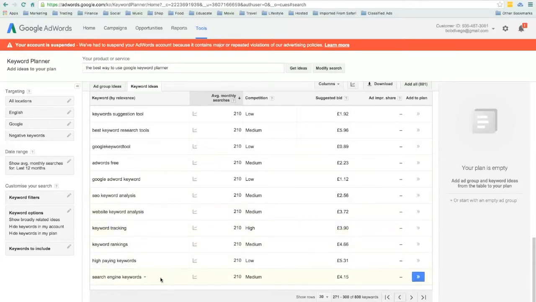Let's have a look. So they're all pretty short tail keywords. There we go. That's a good one. Right, best keyword research tools. Okay. Now that's all well and good to use this because you're getting 210. Now what we want to do